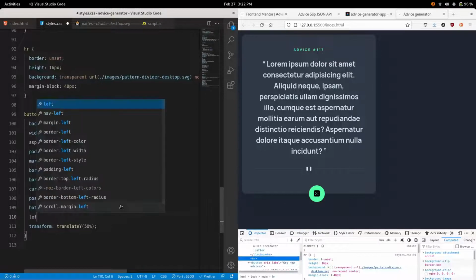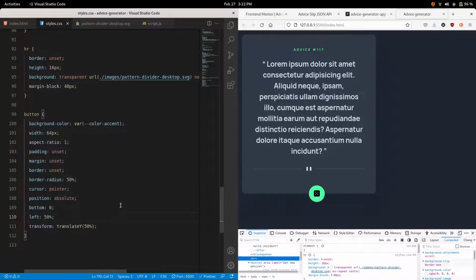So we can set a left of 50%. But this will not really work, because the 50% starts at the left side of this button. Right here, where my mouse cursor is, you can see that it's at 50%, which means that we have to push it to the left by 32 pixels again, similar to what we did with our